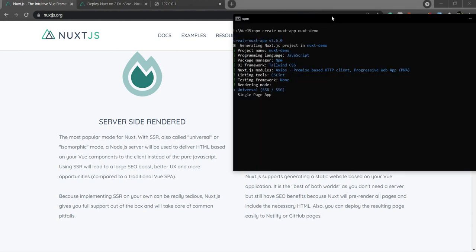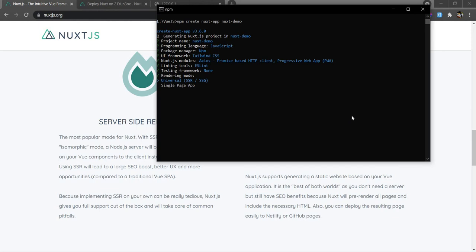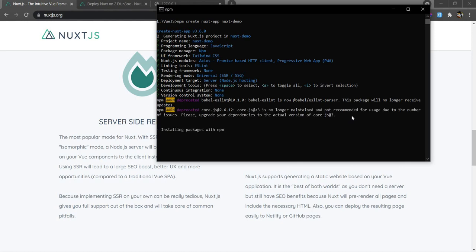So here, we will be dealing with the SSR side, server-side rendering, so I'll choose that. Node.js for hosting for now, and for development tools, I'll go with jsconfig.json. Yeah, this one. Continuous integration, none for now, and no git control. So just plain. It will now go through the installation steps. Till then, I'll skip this part as well, and once it's installed, we'll start from there.